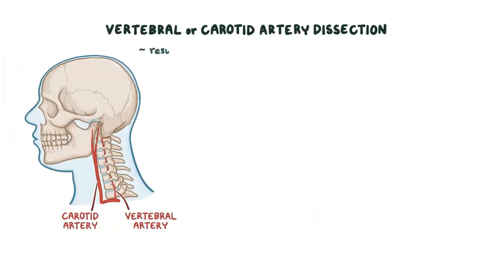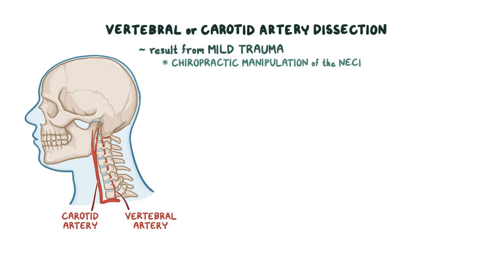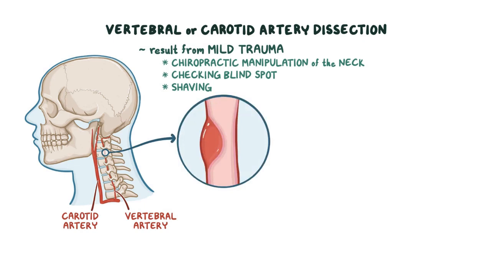This can also result from relatively mild trauma, such as chiropractic manipulation of the neck, suddenly checking one's blind spot while driving, or even extending the neck when shaving. A dissection is an intimal tear of the artery that creates a false lumen. This false lumen overwhelms and obstructs the true lumen where blood is flowing, and allows formation of thrombi, causing ischemia